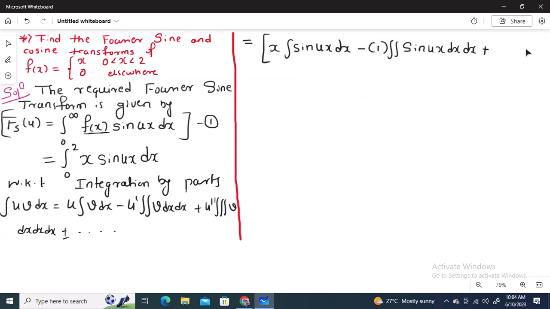If I write 0 here, 0 into something is 0. So the problem will stop here. Between the limits 0 to 2. So if I simplify further, what happens, it is x into